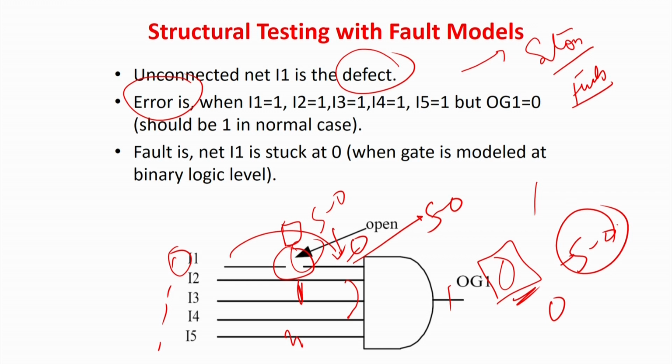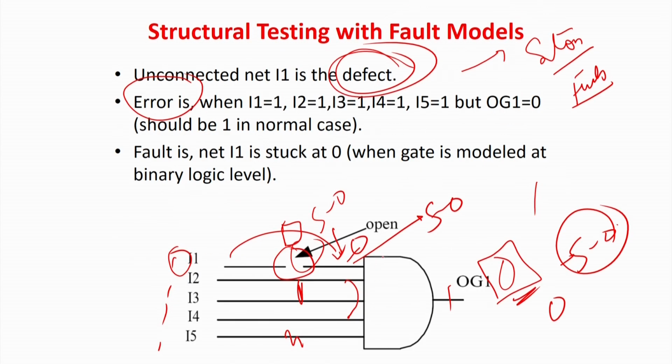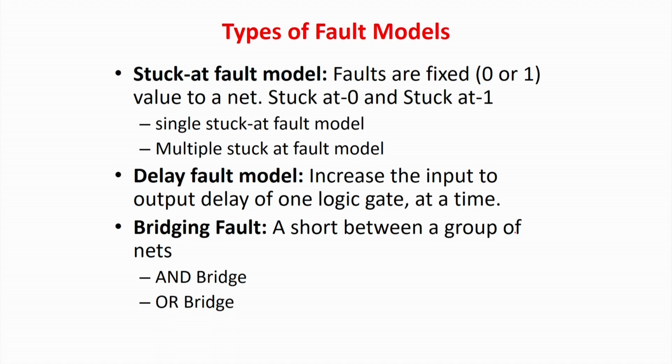So, this defect can be enormous. It can also be due to some kind of manufacturing problem in the transistor which is inside your AND gate. That can also lead to this line, meaning if you are giving a 1, it is not actually passing to the output. But we will abstract everything out. We will just assume that such a representation is stuck at 0 for this line as well as for this line. So, this is actually called a fault model.